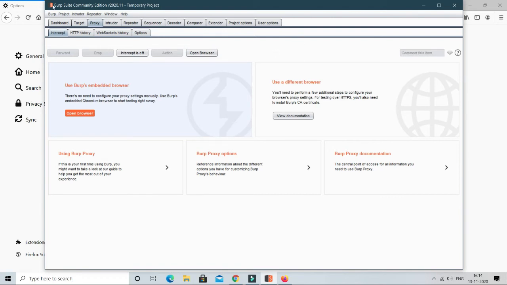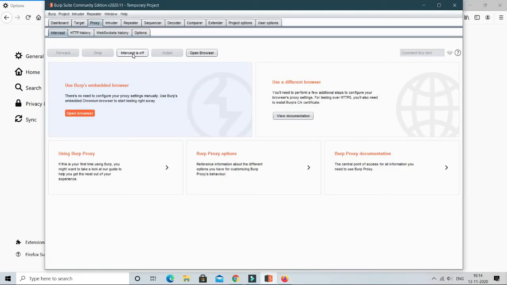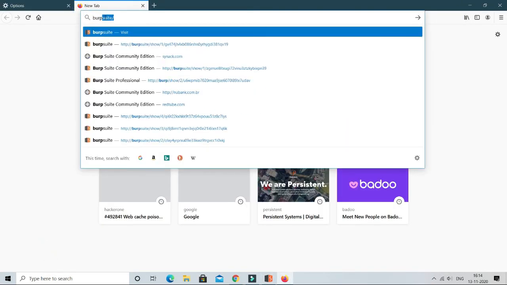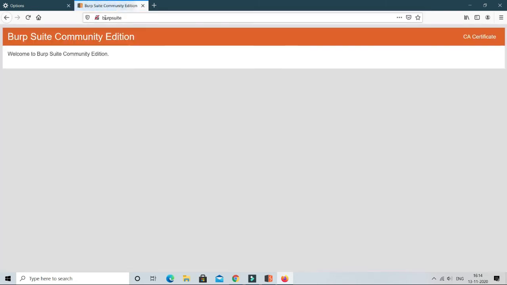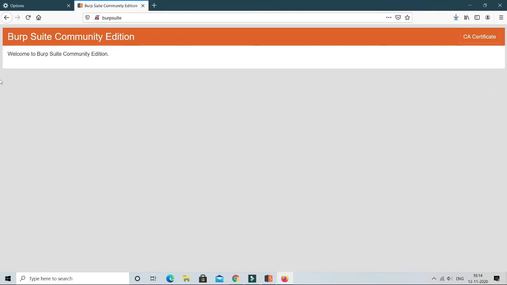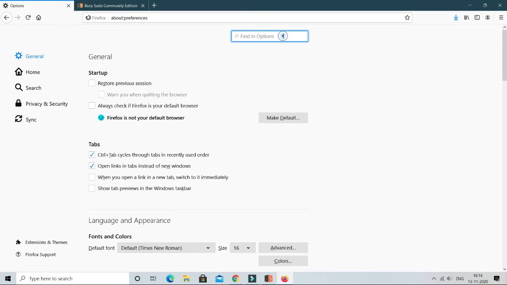Okay. Now before working on PubSuite, we will first have to import the certificate. So here, go to Firefox, search for certificates. Okay, so here type the PubSuite and the GUI appears. Click on CA certificate and save the certificate. Now go to the settings and search for certificates.